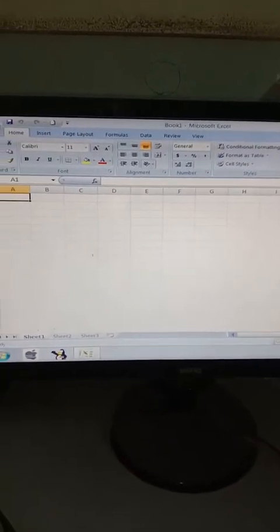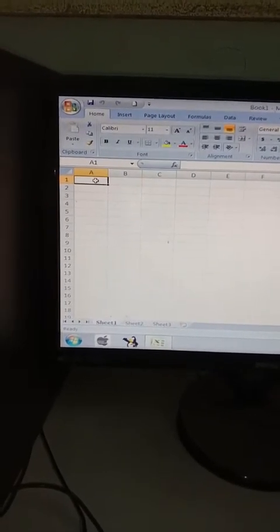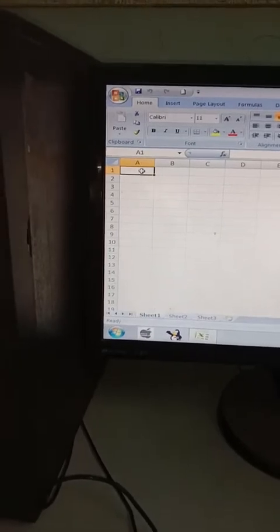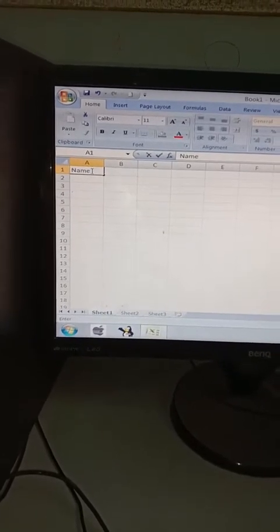Before starting some formatting features, let me type some text over here. Suppose here is the name, next we have the marks.